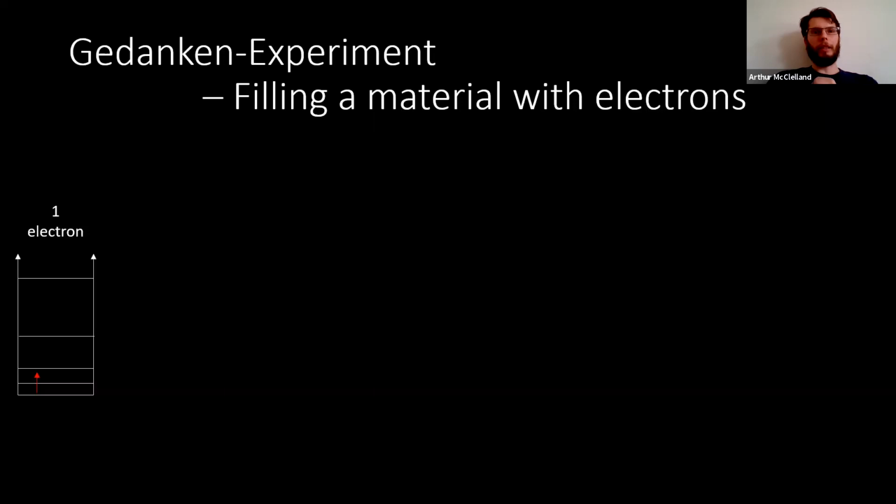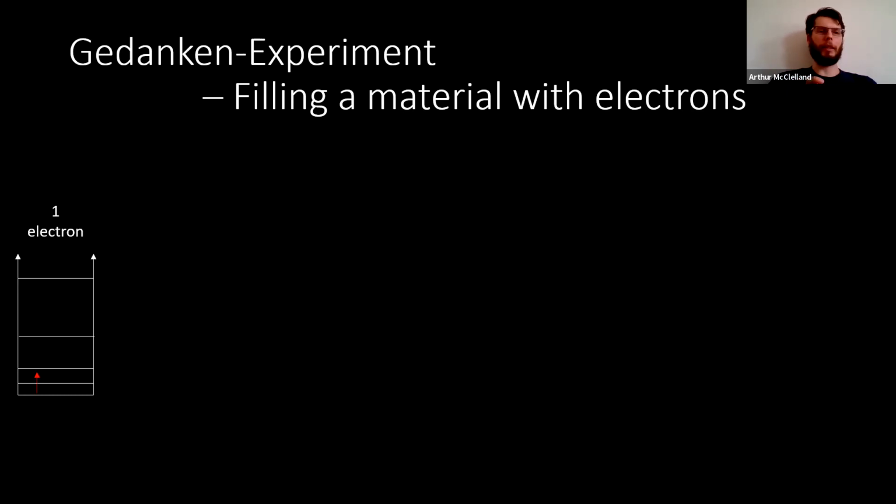All right, so we'll go back to our Gedanken experiment. Imagine we have a material, and we've taken out all the electrons. For the moment, I'll ask you to accept that the electrons have discrete energy levels. We talked briefly already about how electrons have different orbitals. We'll mathematically prove why they have discrete energy levels a little later in this talk. But for now, just accept that we have this box, and we're going to put electrons in, and there are discrete energy levels.